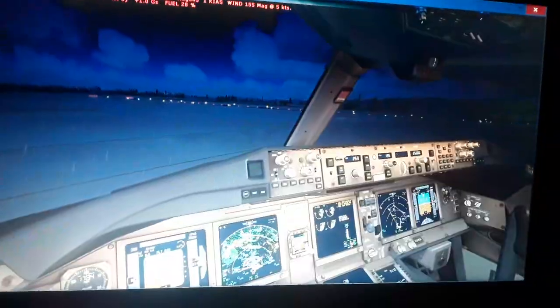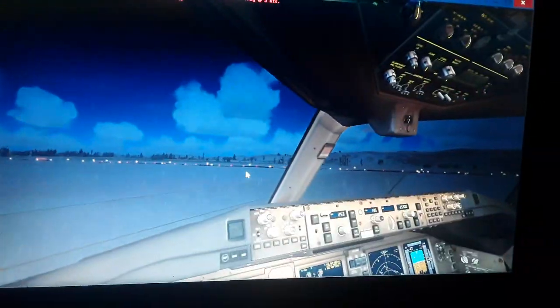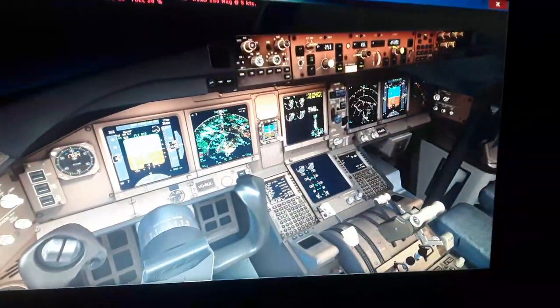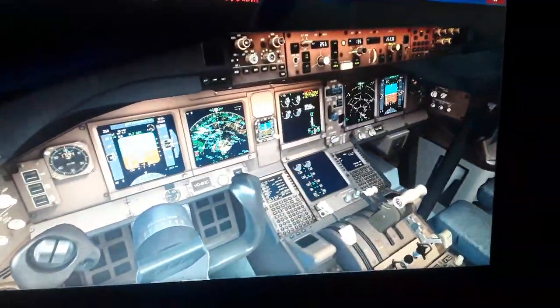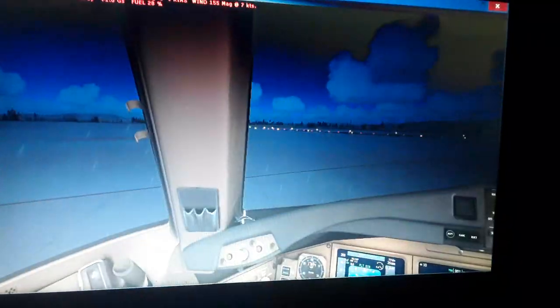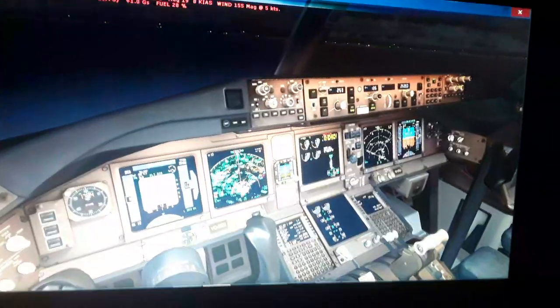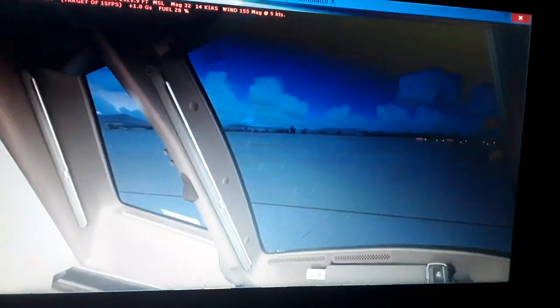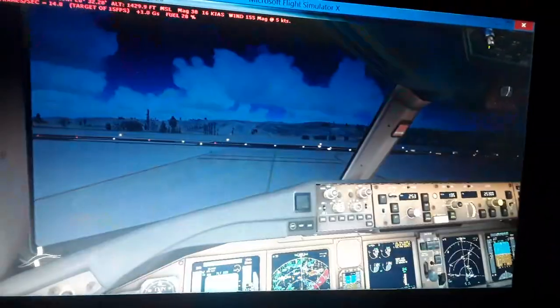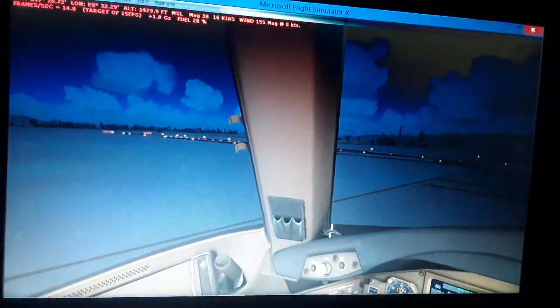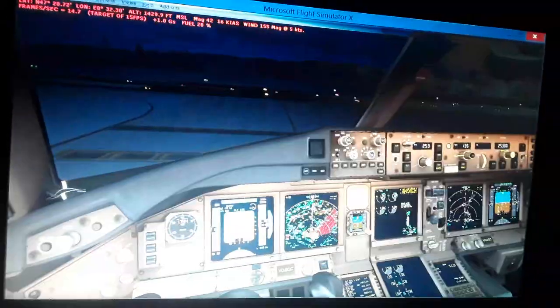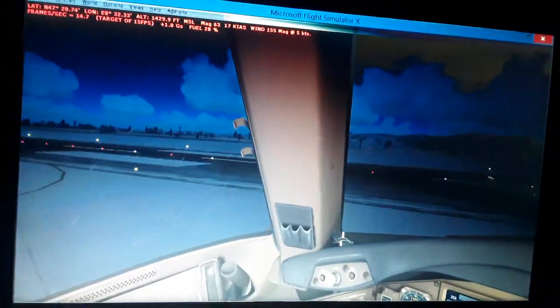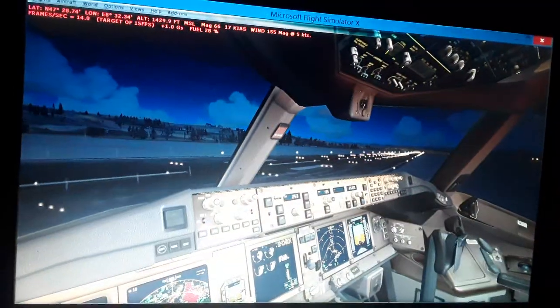So we take the takeoff clearance for takeoff, advance the thrust levers already. So the runway is empty. We can only taxi into the runway for takeoff. We have taken the runway clearance,